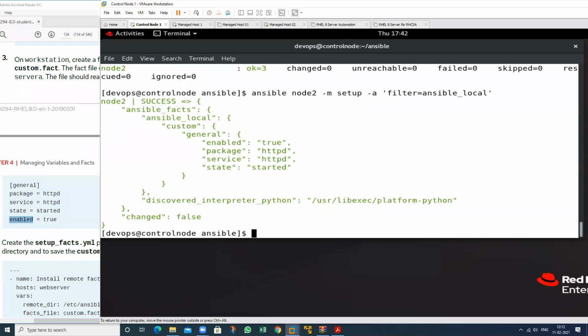This is Ansible. Goes to ansible_facts, local. In this, we have first custom, general, goes to this one, enable, true. Take all these values that I placed in that particular file. Which file? Playbook 001.yml.